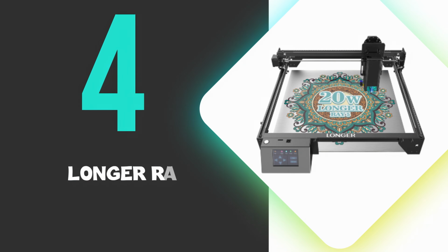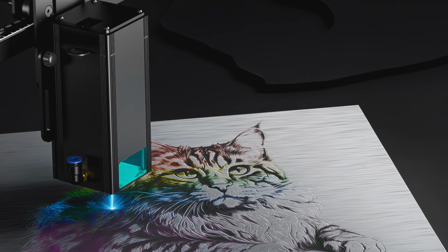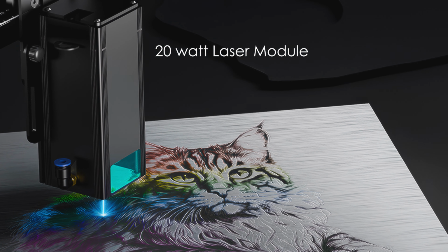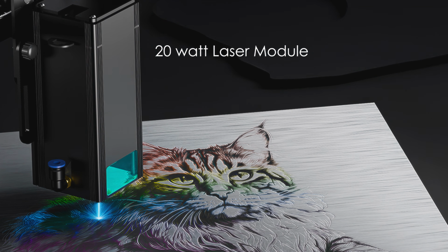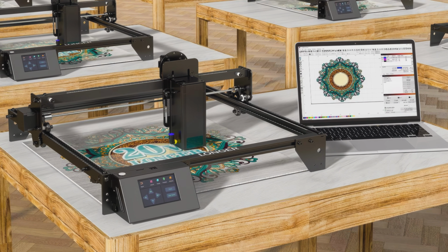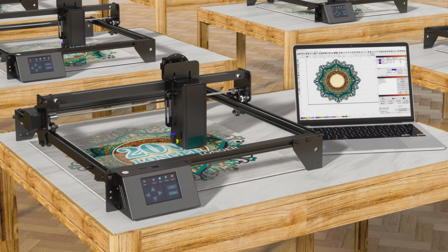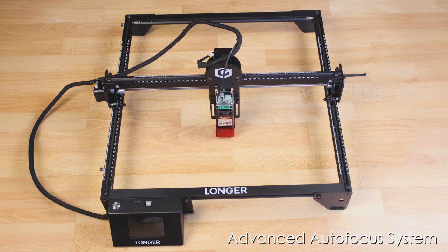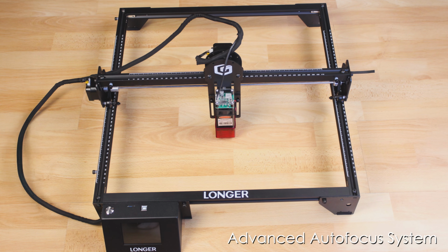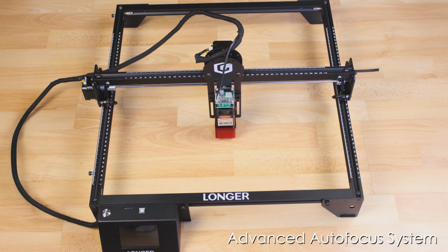At number 4, we have the Longer Ray 5. The Ray 5 stands out with its robust 20-watt laser module, delivering significantly faster engraving speeds compared to standard diode models while maintaining crisp detail on materials like wood, stainless steel, and anodized aluminum. Its advanced autofocus system automatically adjusts the lens height for consistent results across uneven surfaces, streamlining workflow for both flat